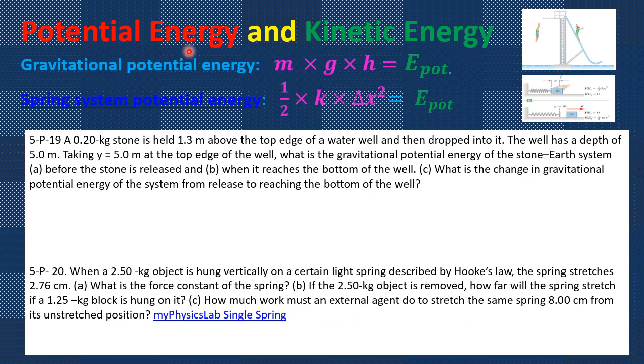Potential energy is related to the kinetic energy. Potential energy is energy due to the position or shape. Think about something on the ground; if you lift it up to a certain height, we say it has potential energy. In particular, gravitational potential energy, and that's due to the position. Here, if you have a spring and you stretch it, its position changed, so the energy is stored in a spring.